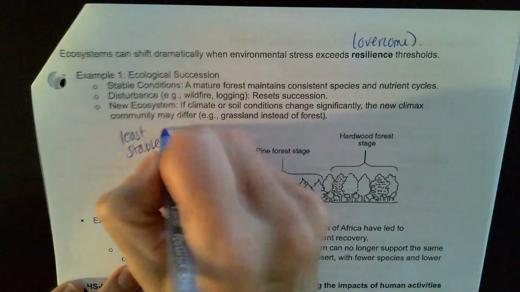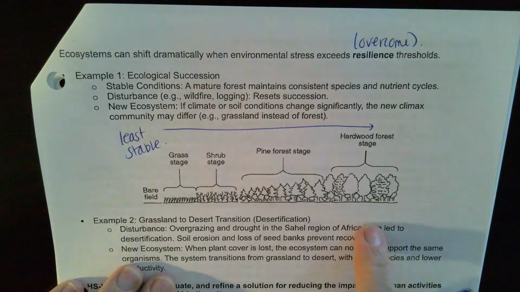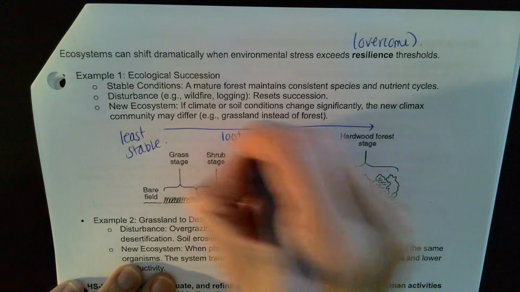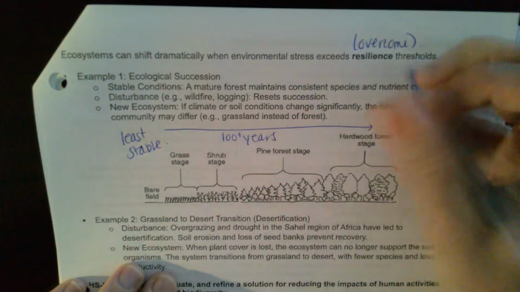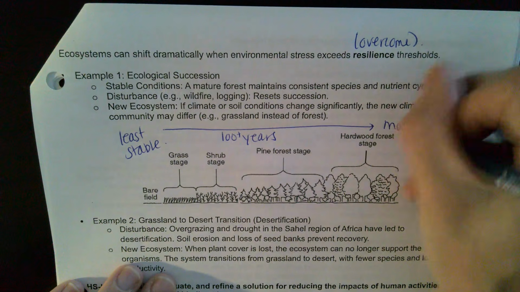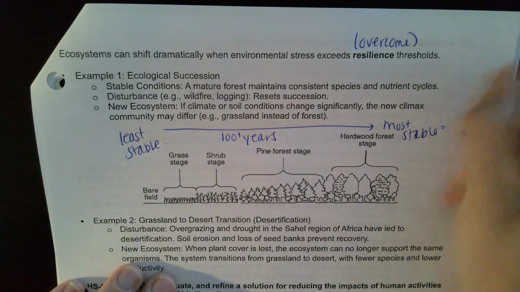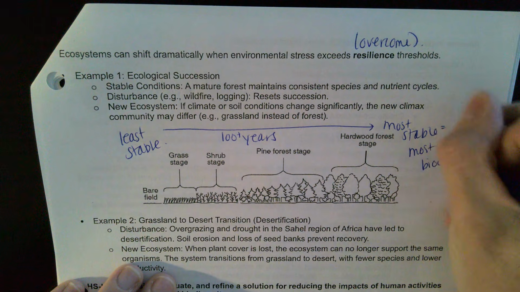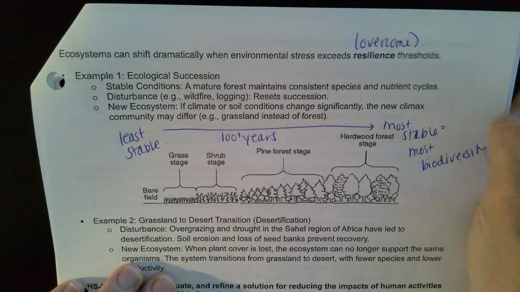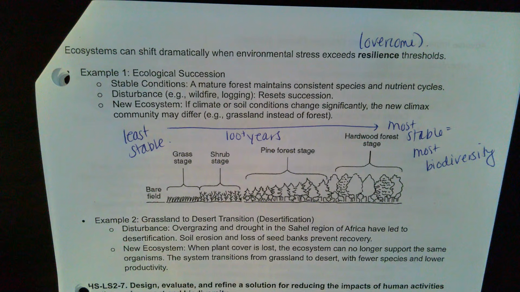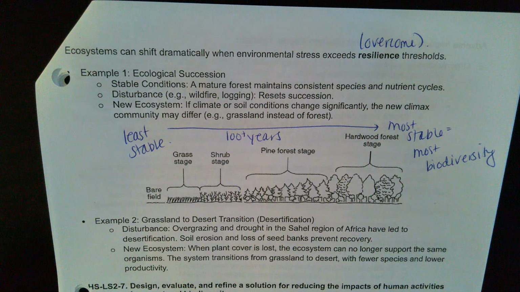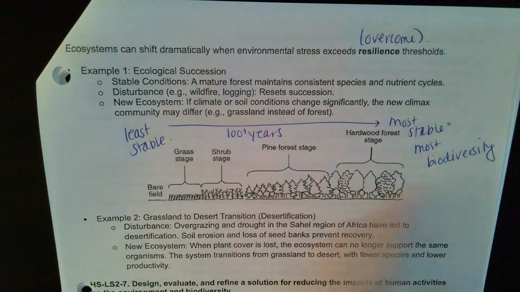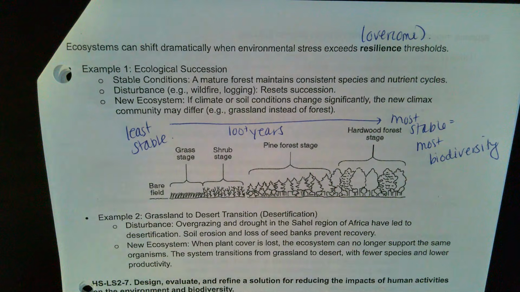And then given a very long time period, now they don't say that here, but this is supposed to be like 100+ years. The hardwood forest is going to be considered the most stable. And that's because you've got the most biodiversity there. Disturbance, what causes this? It could be a wildfire, it could be logging. Once you start destroying this, you reset back to the bare field. When you go to the bare field,